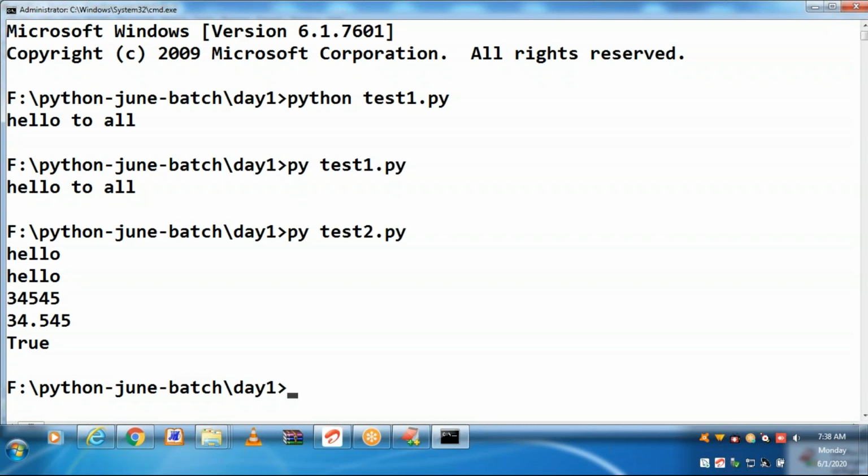Py space test2.py. You got the literals. First two are string, third one is an int, fourth one is a float type, last one is a Boolean type.